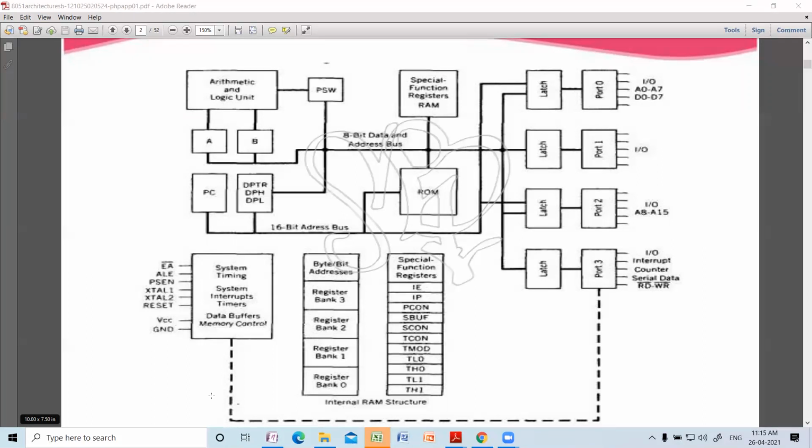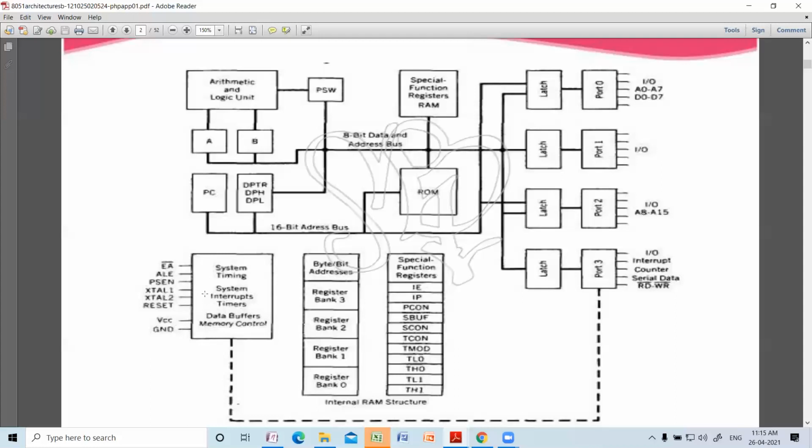Next, it is having system timers and the interrupts. Here is the timing and control unit, leftmost, second row. You can just see my mouse movement. Yeah, this one I'm talking about. It is the timing and control unit. It contains system timing, system interrupts, timers, data buffers, and memory control.